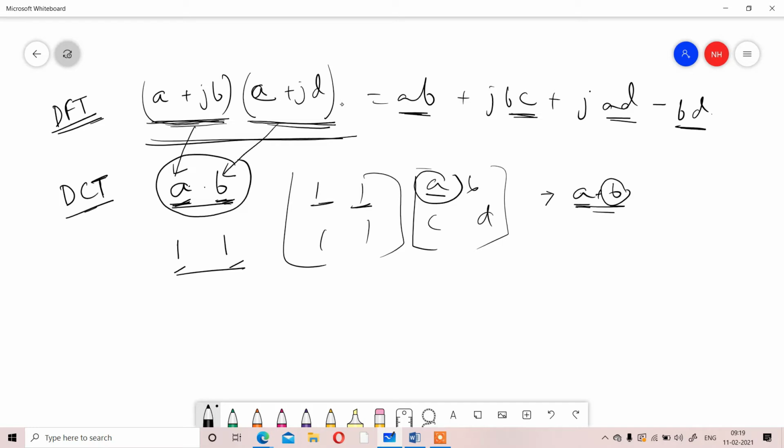So is it clear what I am trying to say? If we can make that, then total multiplication will be avoided, and the remaining part will be simply the addition or subtraction part. So the overall complexity will also be reduced. That is what we are going to do now.